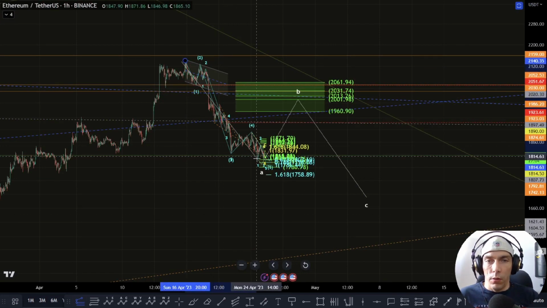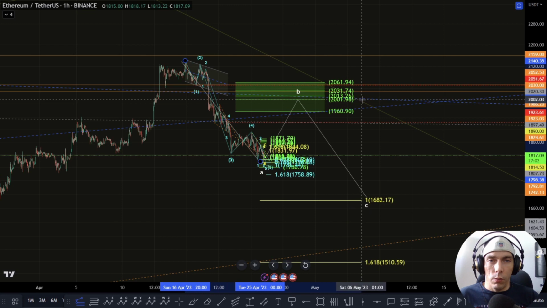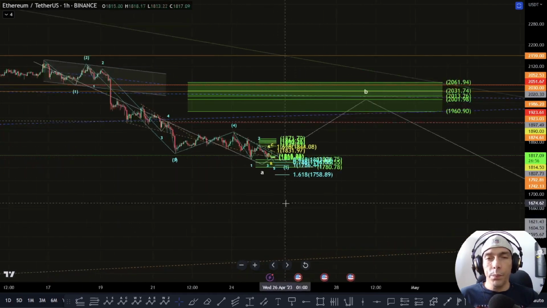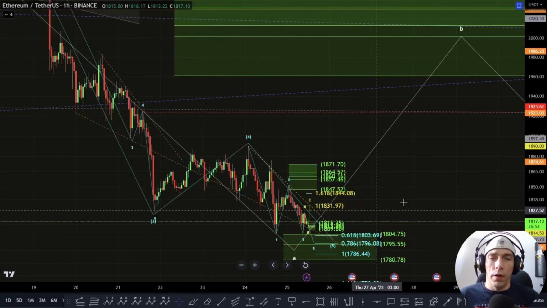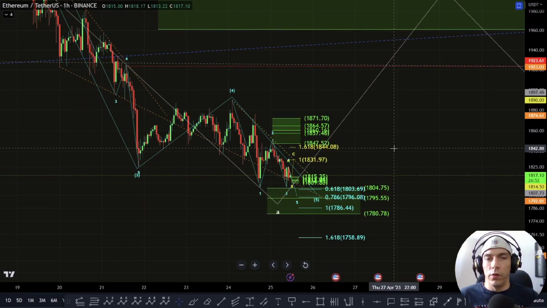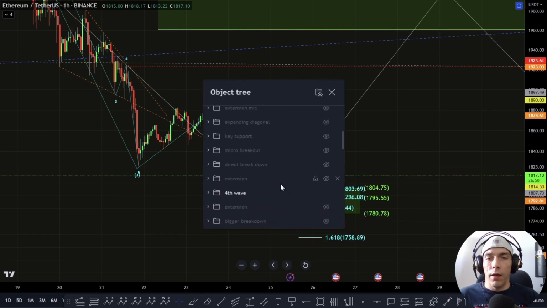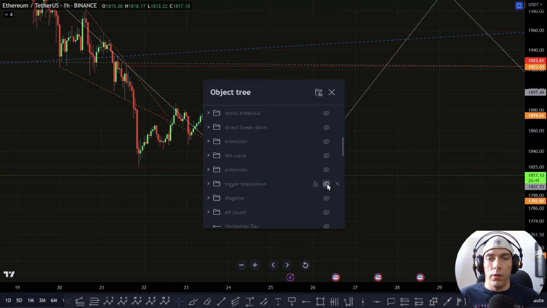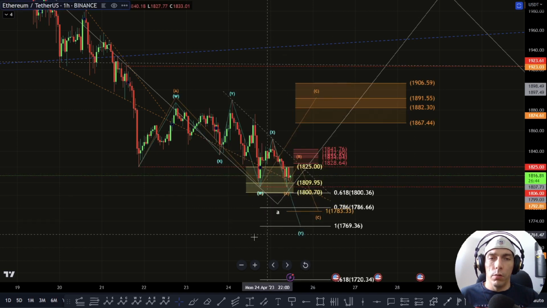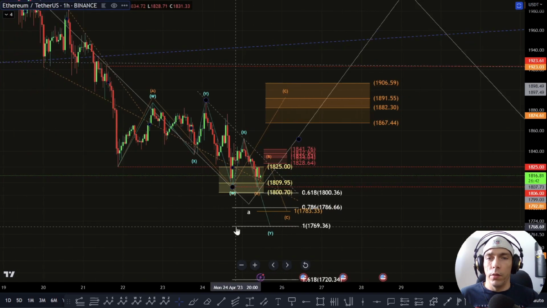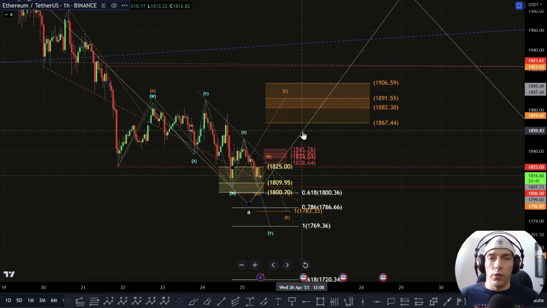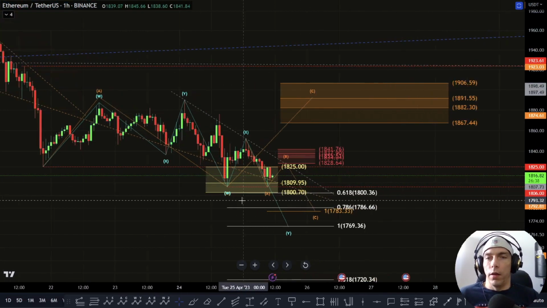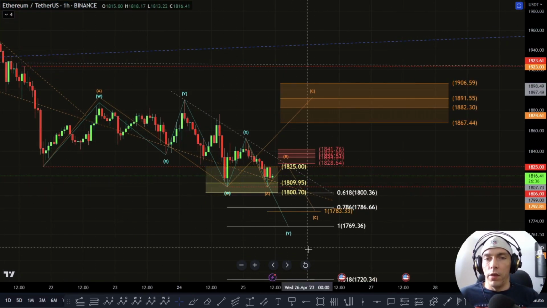which could look to take us significantly lower if that's the case. What they would possibly be looking at doing is taking us down towards that zone of 1682 if we came back up into that 0.618 area. Okay, now the other possibility is that this fourth wave is still not actually completed. If that's the case, what we could be looking at here is that rather we have something like this playing out. So we were talking about the potential that within this structure we were looking at, coming down towards 1800